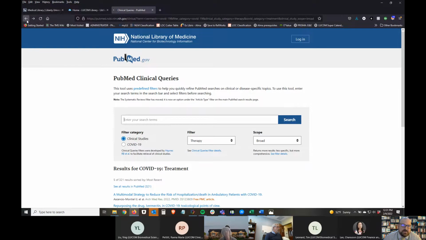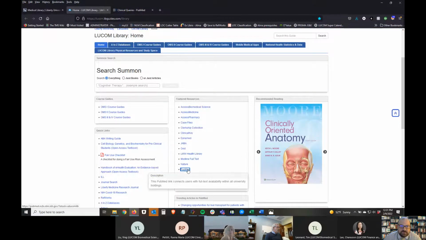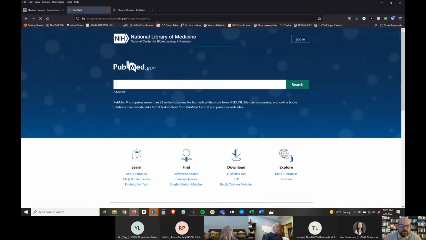So when you go to the main page, I'll click on PubMed here so we can see. When you first go to PubMed, this changed a couple of years ago, but it should look pretty familiar. You can do an advanced search here, a basic search, or you can search MeSH through here if you're looking for medical subject headings. But I wanted to point out really quickly that they have this little link under Find here. Advanced search, I know we've shown a little bit of that before, but this clinical queries link takes you